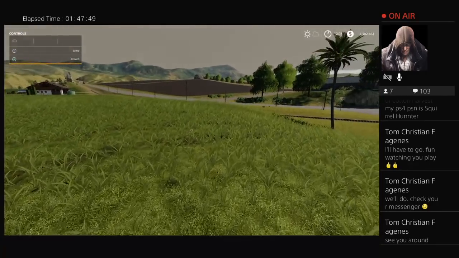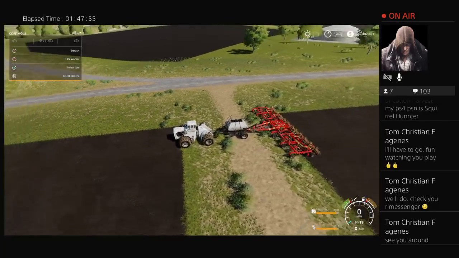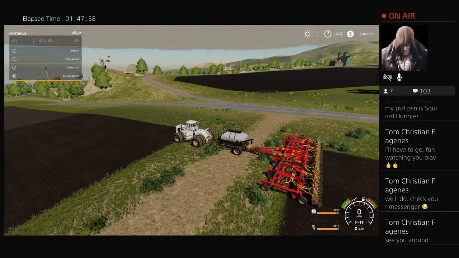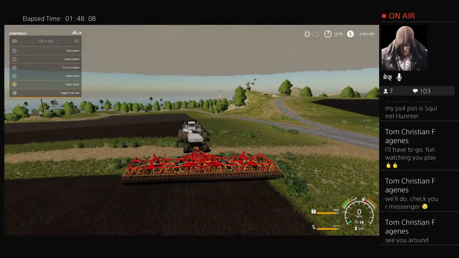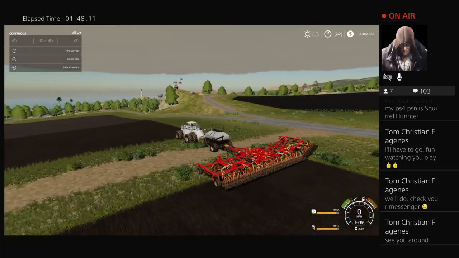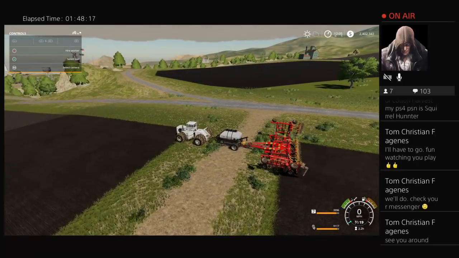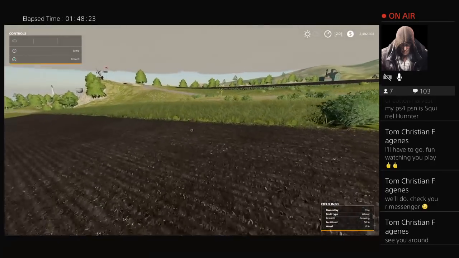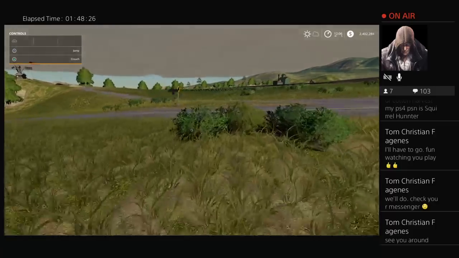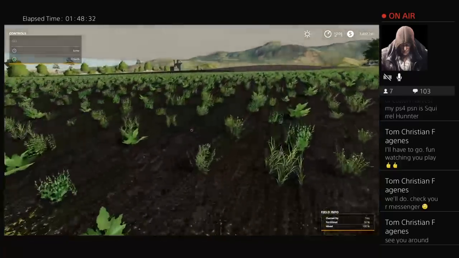Yeah, let's leave that there for now. Alright, he's done that. And so, we're going to fold this up and put him away. And that field there, I'm going to do something different on this field. It's pretty good size, but